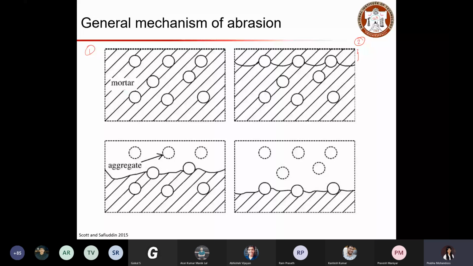And then again over time you can see that you start losing your aggregate particles themselves. So the cement paste has gone from this part, and then the aggregates have gone, and that led to further degradation. So you observe a considerable amount of surface loss here. And again over the duration you can see a lot of aggregates being lost, and almost the thickness of your surface has reduced significantly. And over time you will not see any thickness at all, when you have the surface lost completely due to abrasion.